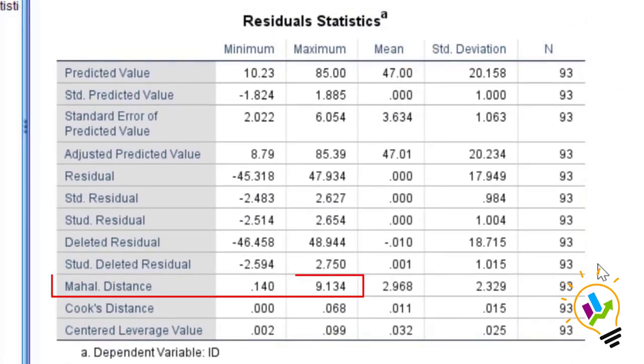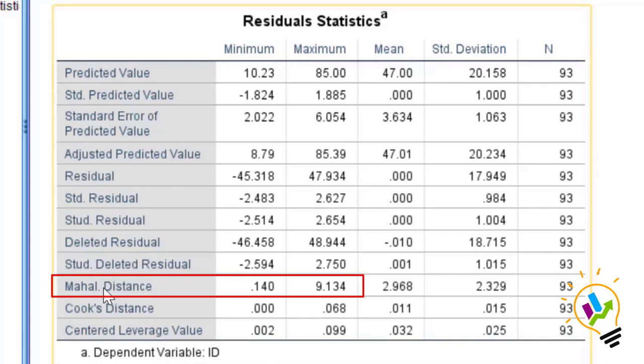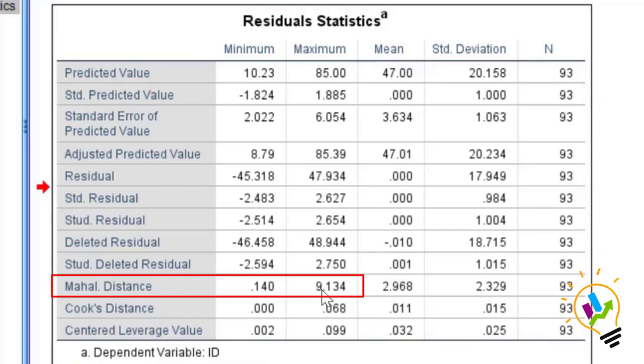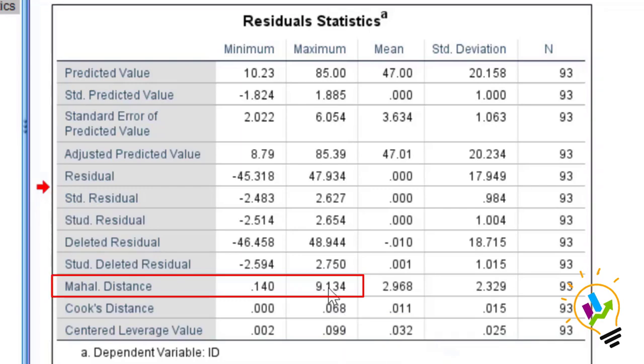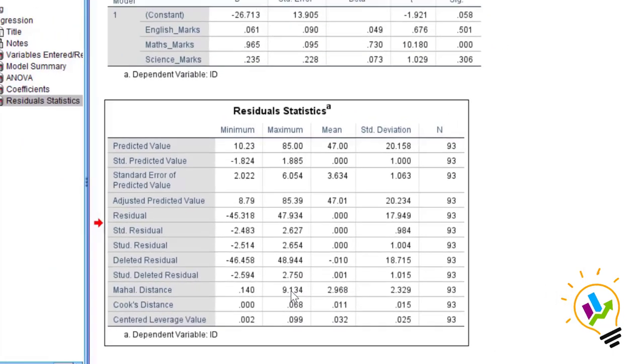In this residual statistics, we have Mahalanobis distance and we need to note only the maximum value. In this case, the maximum value of Mahalanobis distance is 9.134.